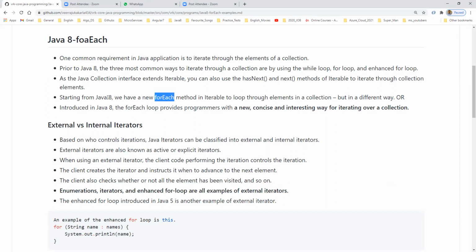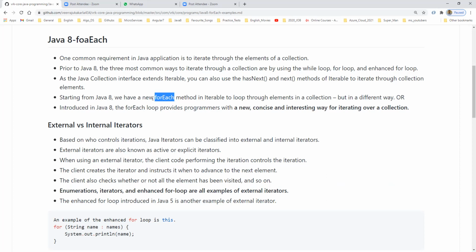Some improvements happened in Java 8 in forEach, and we will see what those improvements are now. Starting from Java 8, we have a new forEach method in Iterable to loop through the elements in a collection. We can traverse using this forEach also, from Java 8.